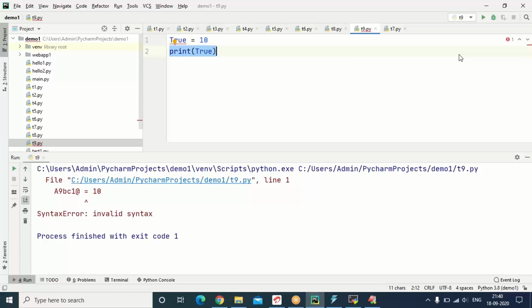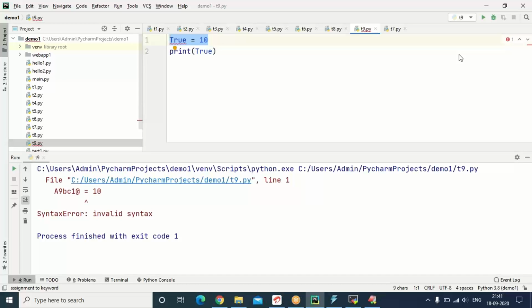It is considering that as a literal. We are printing the literal, not the variable. This first line is giving an error. We are trying to choose a keyword as a name to the variable. In Python, a lot of keywords are there.